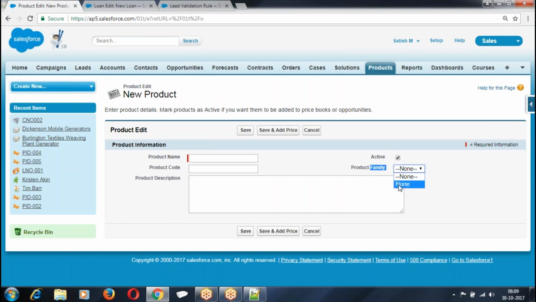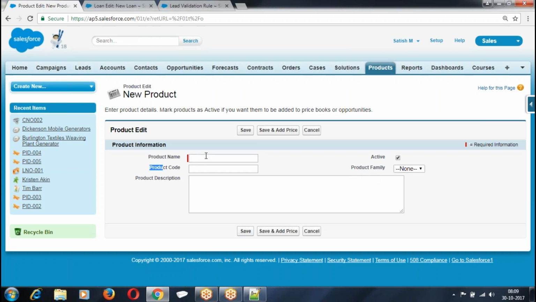I need to change the options here. I need to change the label names here. I don't want to say product code. I want to say card code. The credit card. Okay. Card type. Card. Okay. I don't want product family. I want to say it as card type, card name, card code, and I want to give.